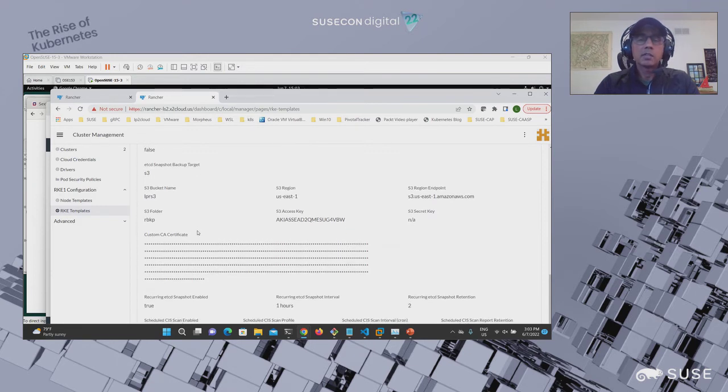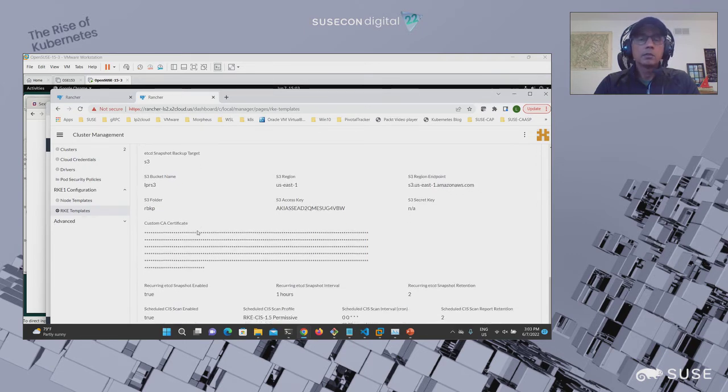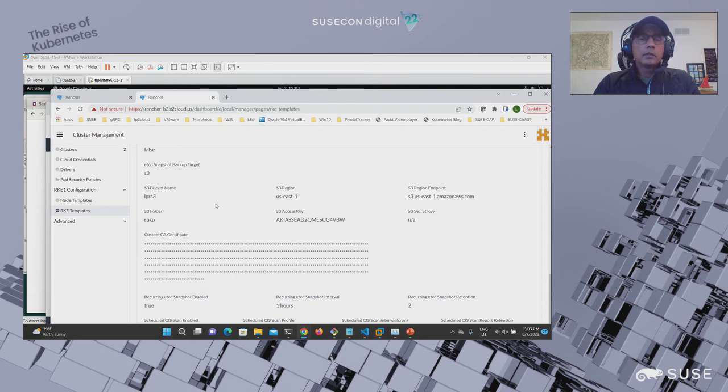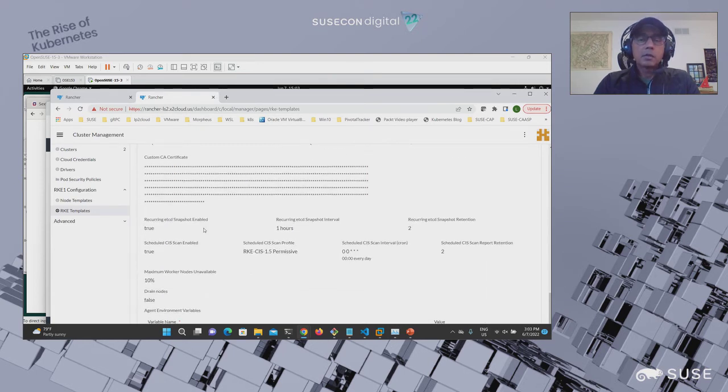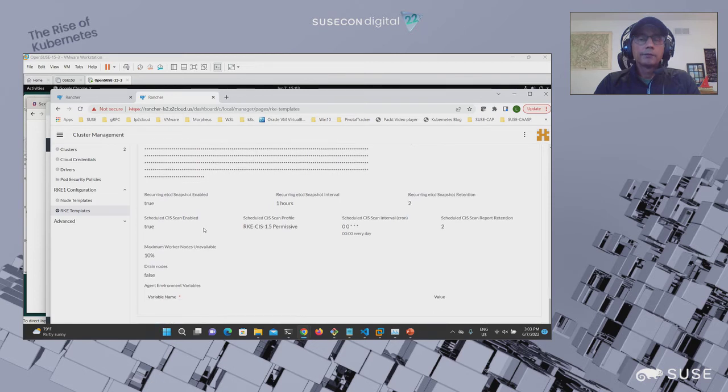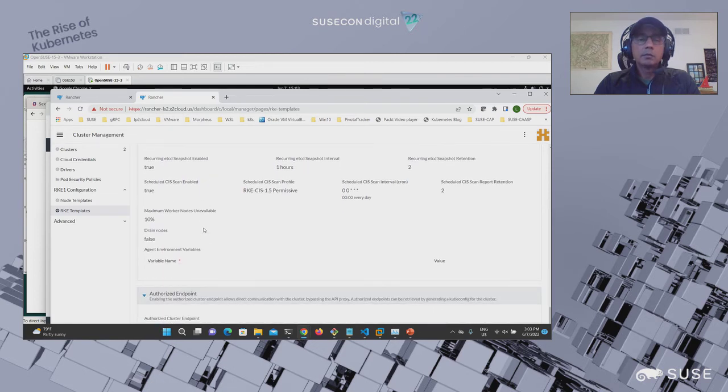In this case, Sextant can run as a service, and you can configure the ingress to go to that service. And the one I wanted to point out is that once you've defined your Kubernetes clusters as node templates, you can define where you want your backups of your etcd database to go so that you can recover the state of your cluster. So I have done that for the templates for the Kubernetes cluster that I'm using with Sextant.